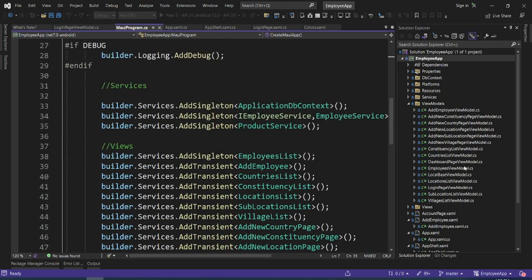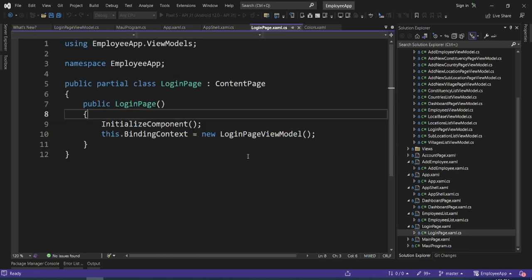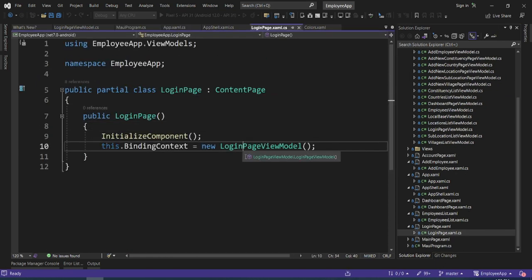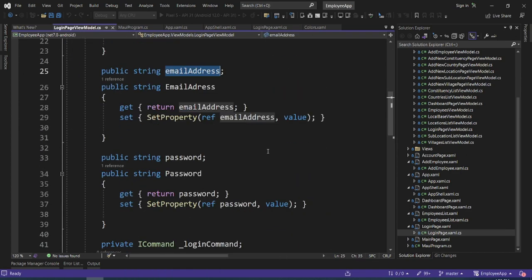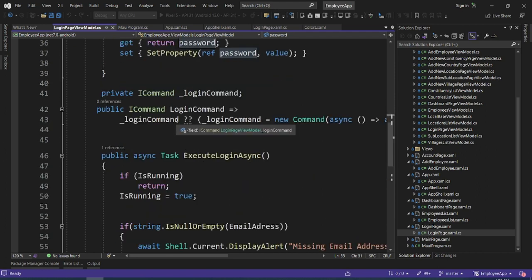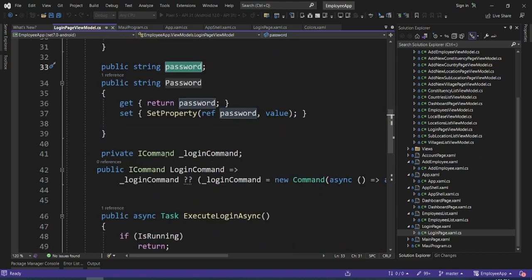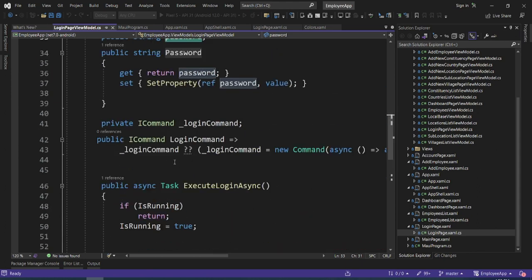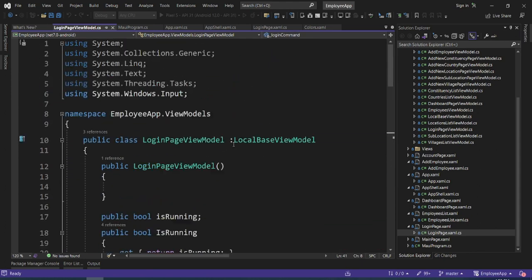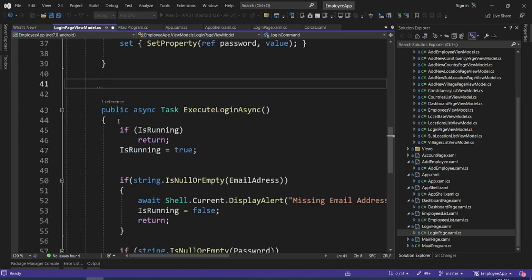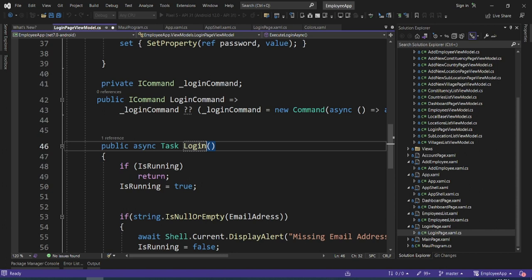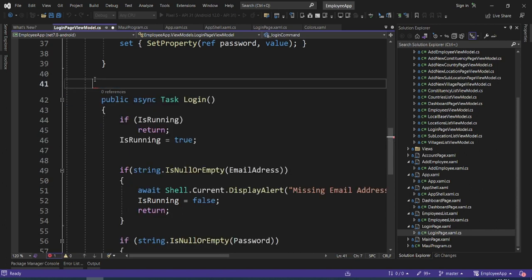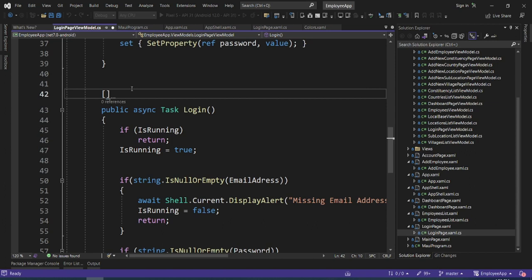So this is how our code looks. If you come to our login page, we have our login page here. Then in our login page view model, you can see we are defining the email address and the password. Then we are using the ICommand. Some of you may be wondering why we are using this. You can also change this: just delete that, as you can see. Then let me just undo. Because we are tying this to a login command, we can actually say Login, and do away with this. Then here I can just use the Relay